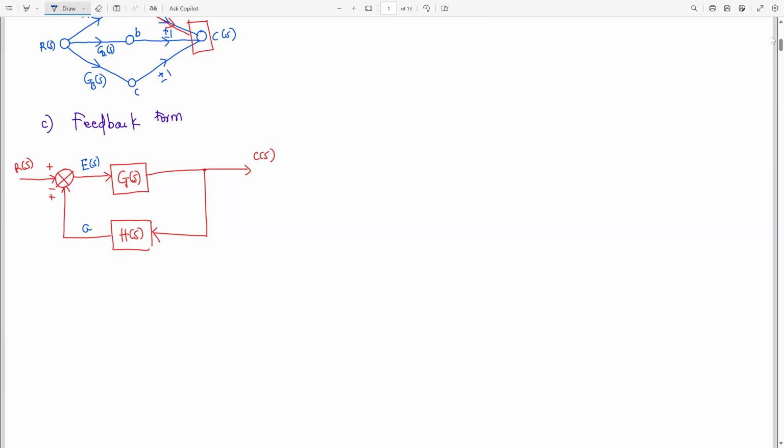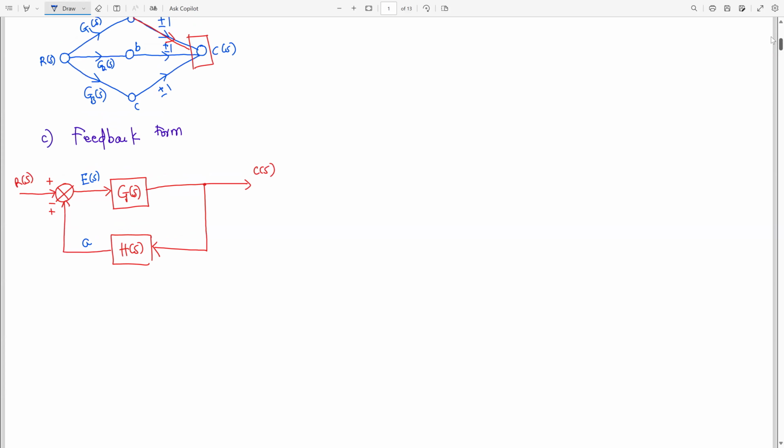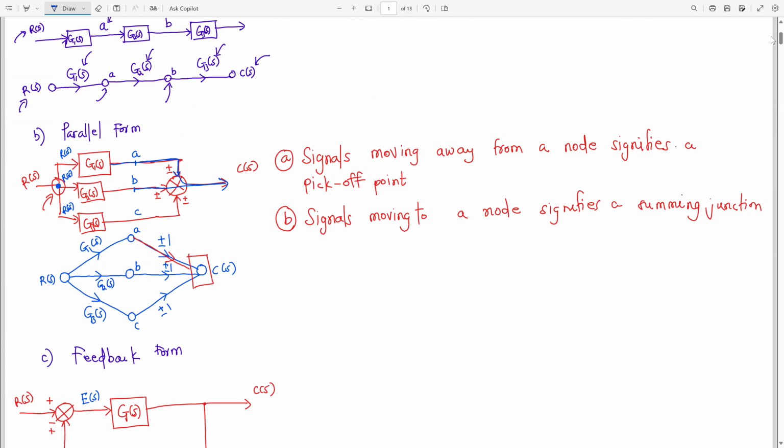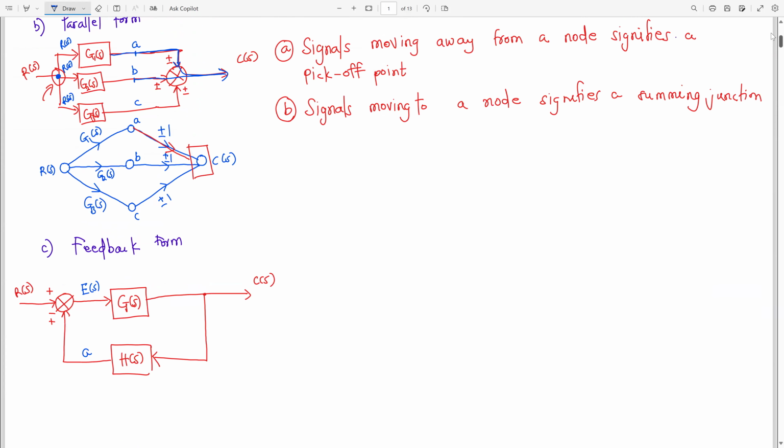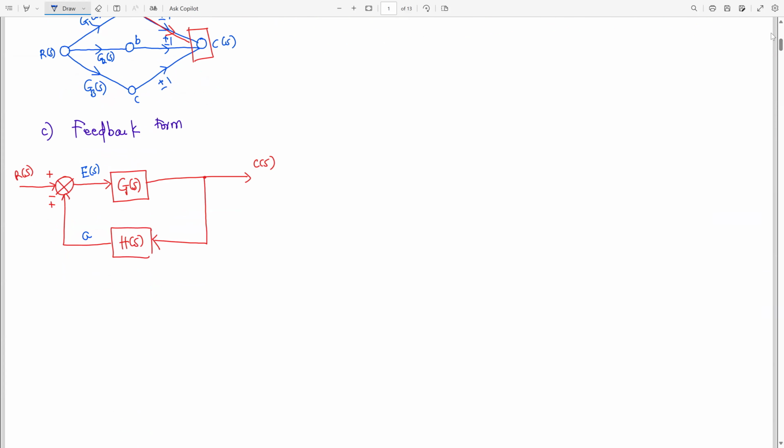So the second one is to try and convert it into a signal flow graph. So we are going to use this thing that we found here, that signals moving into a node signifies a summing junction. Now, this is where most students get confused, you know. So this is a summing junction, and I have signal E and then signal R of S moving into the summing junction to form the error signal E of S, right? So the trick here is